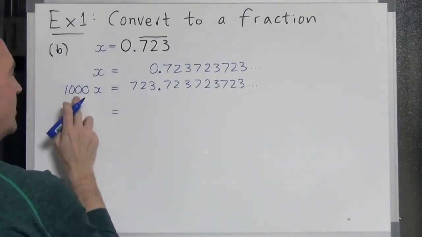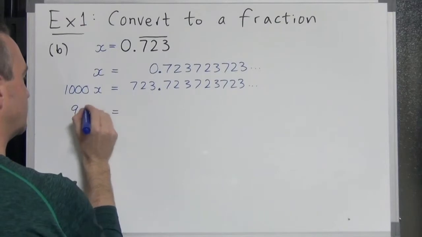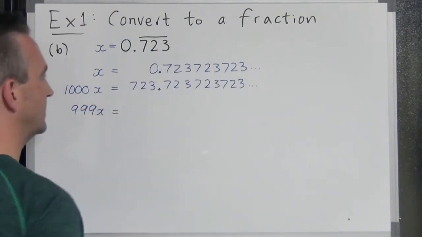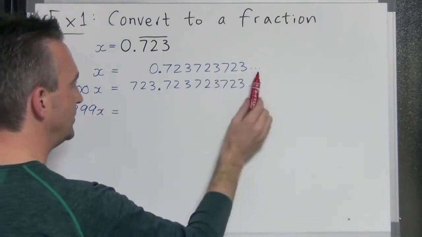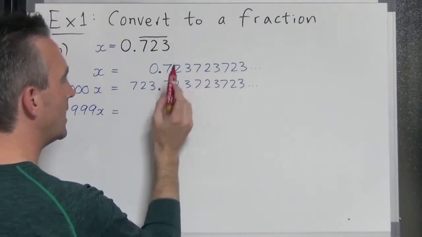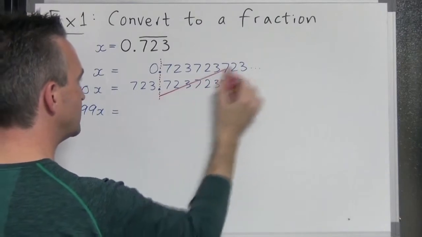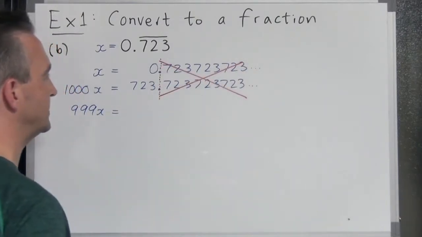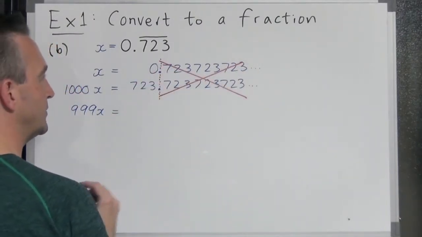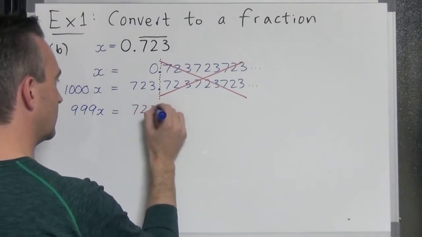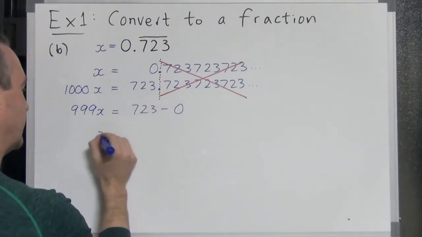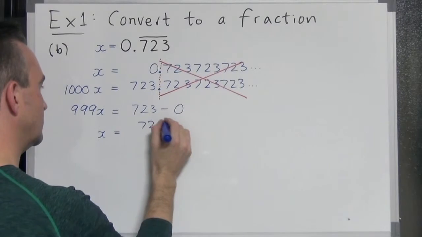On the left side, 1000x minus x is 999x. And on the right side, we're going to subtract. And you can see that they become identical after the decimal place again. So once these get subtracted, all that disappears and I'm left with 723 minus 0, giving us x equals 723 over